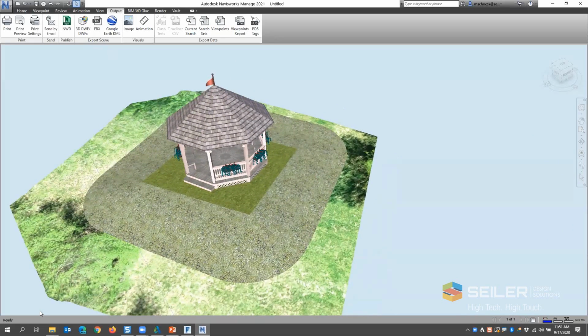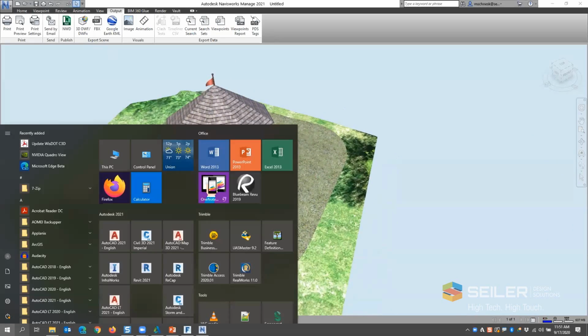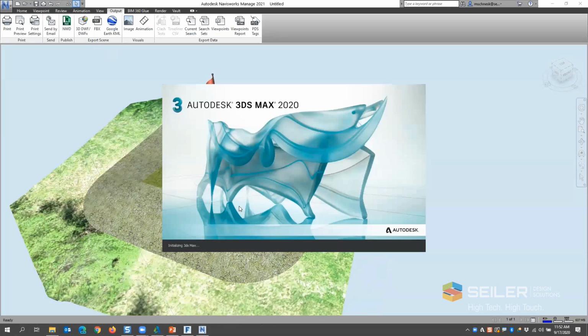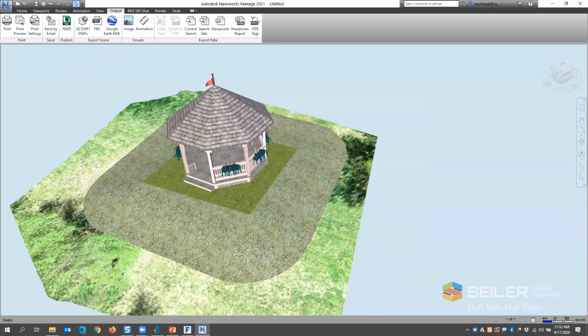If you are going to bring stuff into 3ds Max, make sure you use the right settings. There are two settings you can use when you bring in 3ds Max, and you're going to want one in particular. While I'm waiting for that to open up here, I got another question here. Can you import Revit files? Yes,